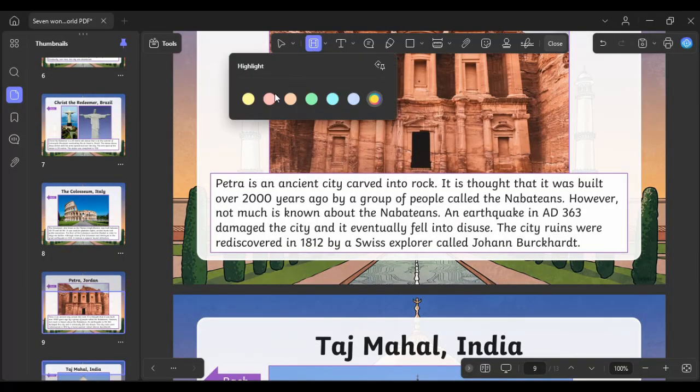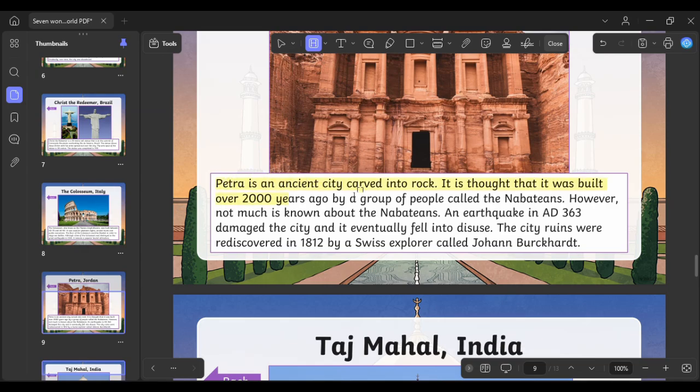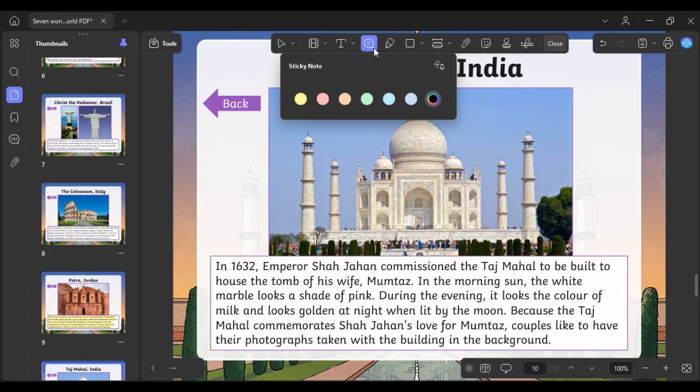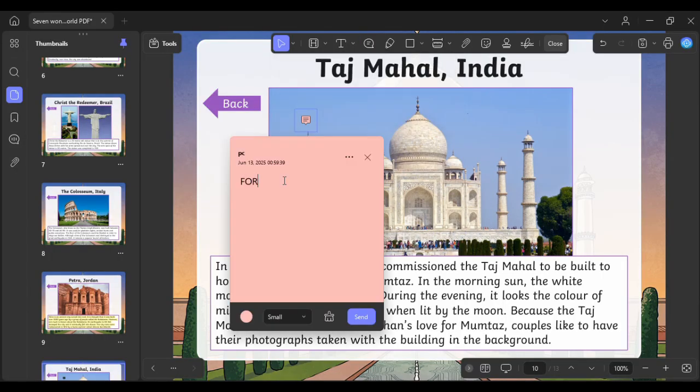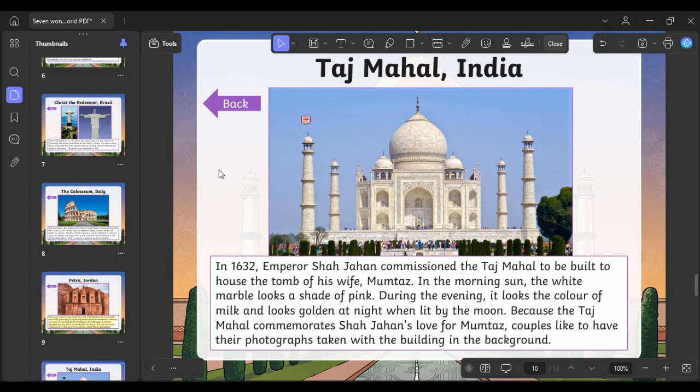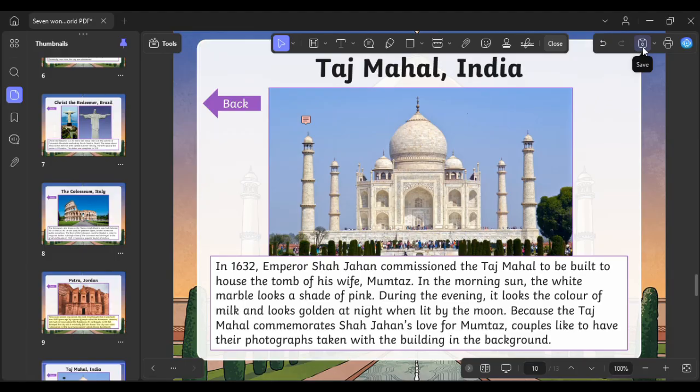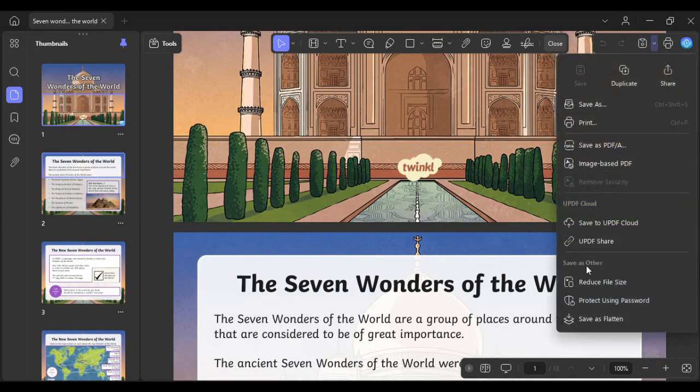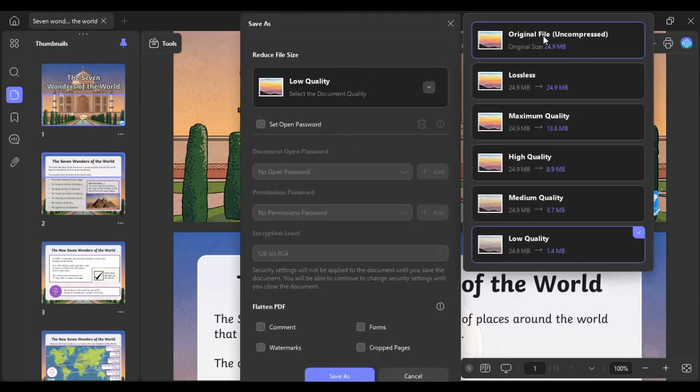We can put notes, highlight text, underline, or even draw with a pen. So let's say I want to highlight this part. All I have to do is click on highlight, select the color, and there you go. You can also add sticky notes so that you can add your own notes or comments on your PDF file. Just type the text that you'd like to add, and then once you're done, just click on the outside of the box. You can read the note that you've added by hovering your mouse pointer on top. Okay, so once you're done editing, just click on this icon right here to save your file. You can also compress this file from its original size of 24.9 MB to as little as 1.4 MB.